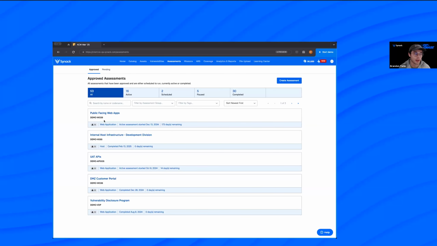For example, you might do a pen test activity on your public-facing web apps, on your internal host infrastructure, a group of APIs. We also have an assessment to represent a managed vulnerability disclosure program if you have that with us. So something you might do is acquire a new company and you want to pen test a group of